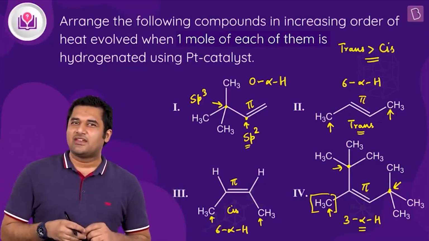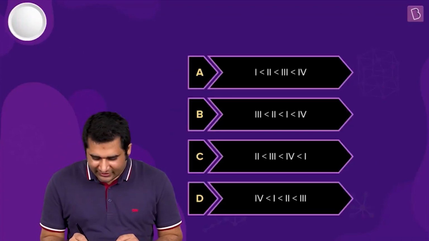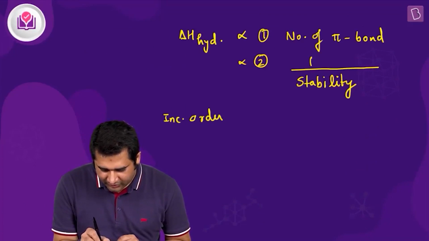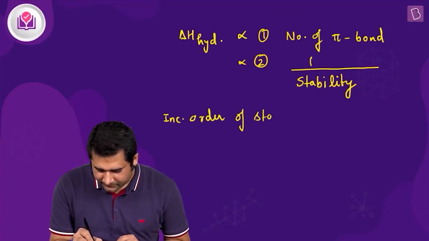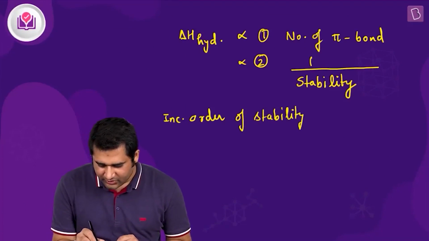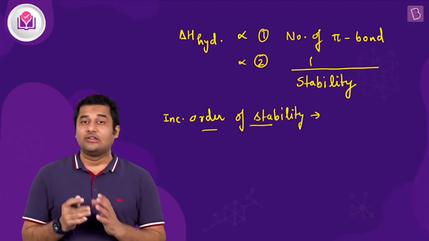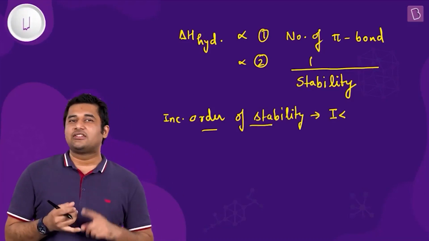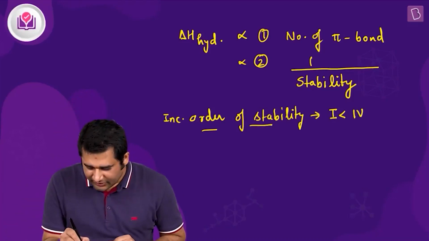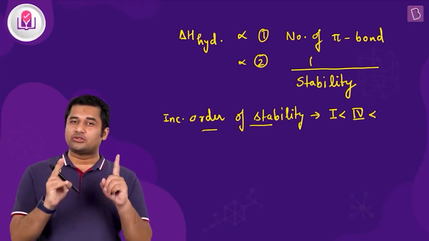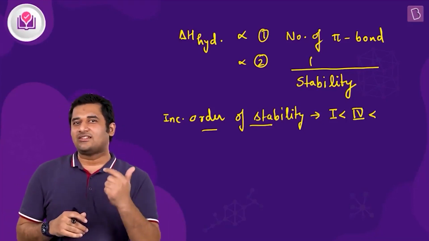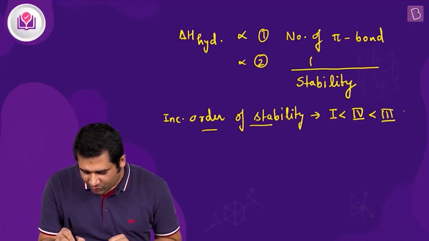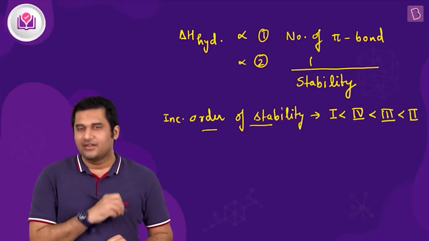So now you can clearly see we are able to address the stability, and let me write down the increasing order of stability for these 4 compounds. The first one has 0 alpha hydrogens, so the first one will be least stable. Followed by this, the fourth one has 3 alpha hydrogens, so then it is the fourth one. After this we have both compounds with 6 alpha hydrogens, one trans and the other cis. We know that cis will be less stable than trans, so that means the third one, and then the most stable is the second one, isn't it?